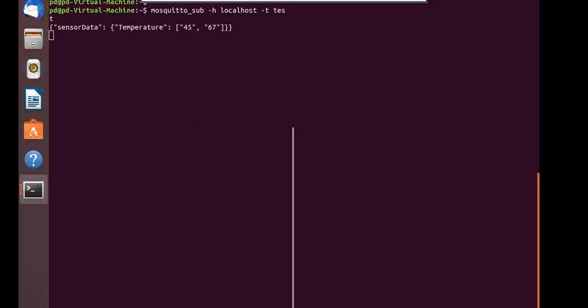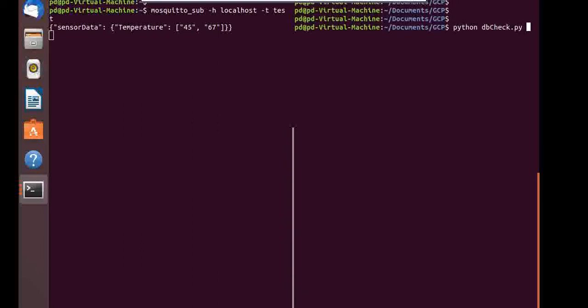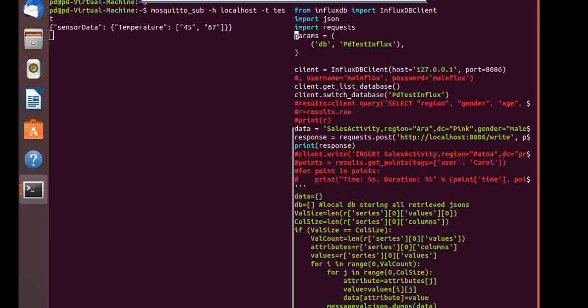So how it is done, I will show that. First is db check, then I will show db insert. So this is my db insert. It will try to insert the data in this database. Here is the data which I have manually fed.